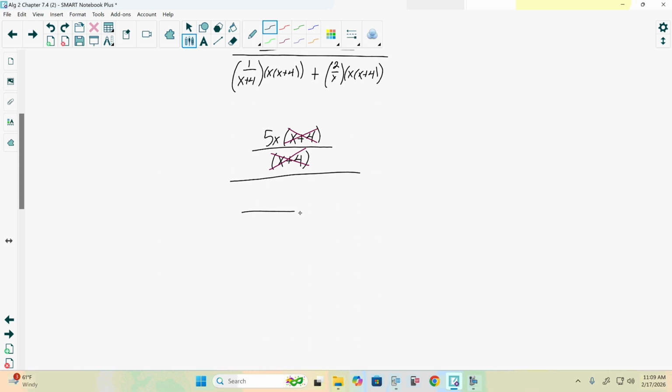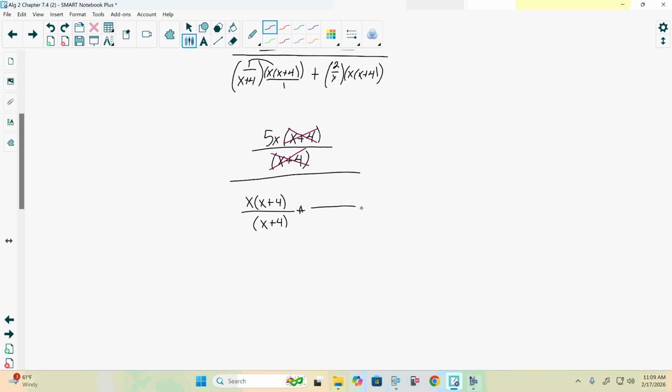Now the first fraction, the 1 over x plus 4 times x plus 4, again, just like the top is over 1. So our numerator, 1 times x plus 4, is just going to be x times x plus 4 over 1 times x plus 4, just x plus 4. Plus,